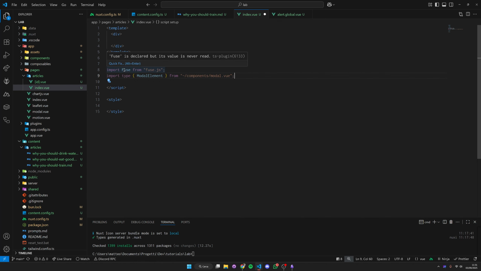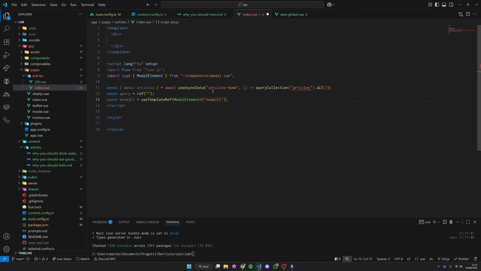We need to import Fuse because we are going to use this to actually implement fuzzy search, and then we import our modal that is from my latest modals video. So if you haven't seen it, just go check it out. And then we can add these 3 elements. So basically we are fetching all the articles inside the articles collection. We have our query for the title, and then our modal element that we can use to open a modal in which we will implement advanced search